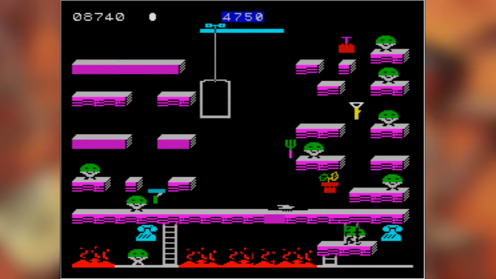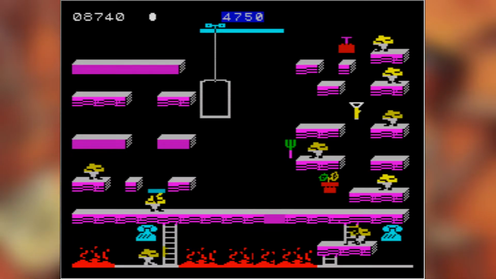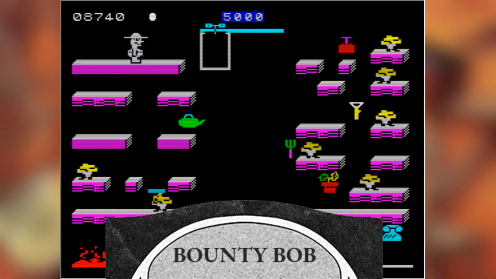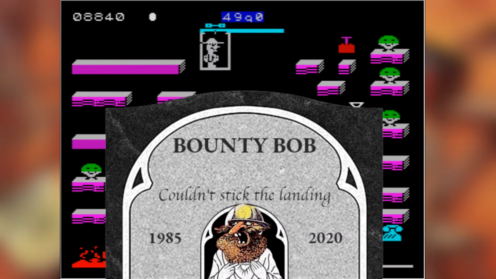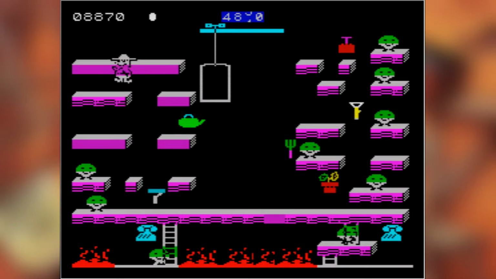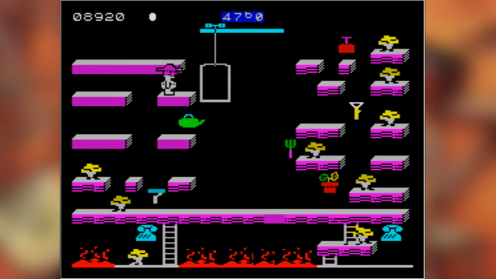I found that as with most platform games of this era, jumping is the main thing that's going to be written on your gravestone. Here lies Bounty Bob. He tried to jump up there, but he missed and now he's dead. R.I.P. The funny thing about jumping in Bounty Bob is that I took a lot of its mechanics for granted